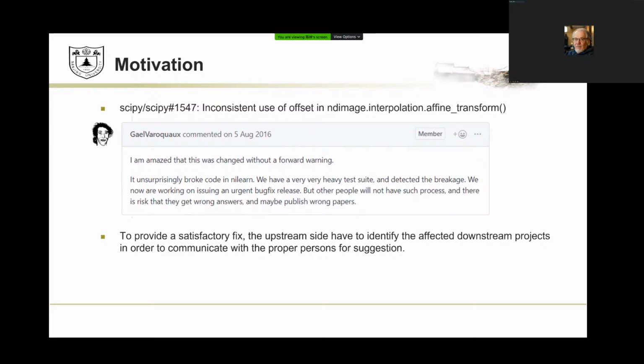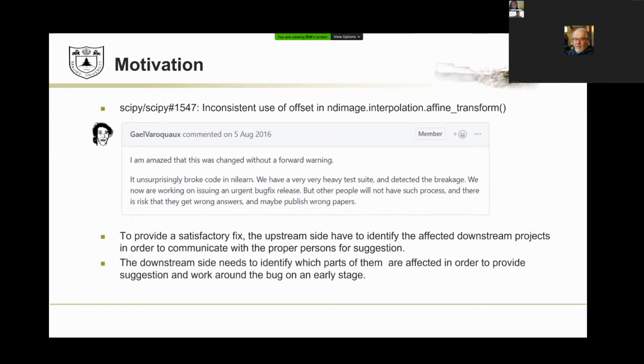So from the real world example, we know it's difficult to provide an appropriate fix if the upstream and downstream sides are unclear about the possibly affected downstream code before starting to design a fix. For the upstream side, the developers may have no idea which downstream projects are using the buggy function, making it very difficult to collect bug fix suggestions from the downstream developers. For the downstream side, they are not